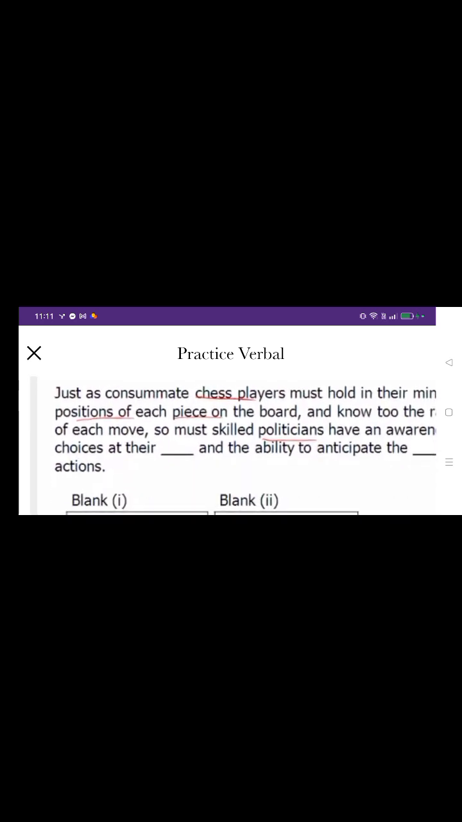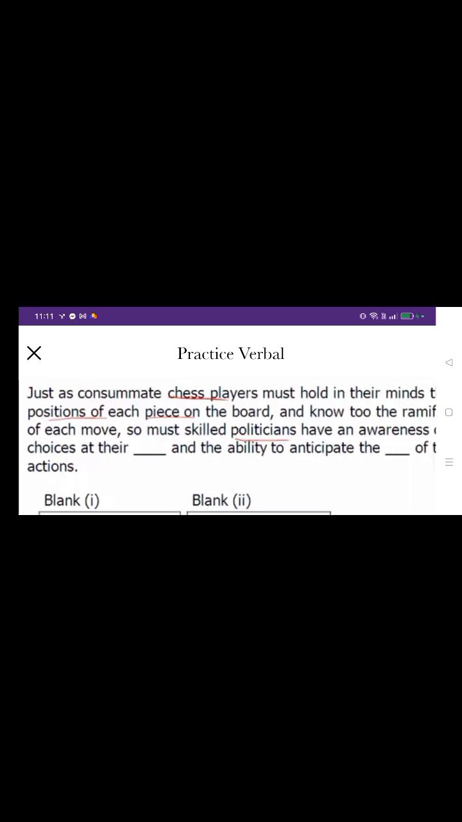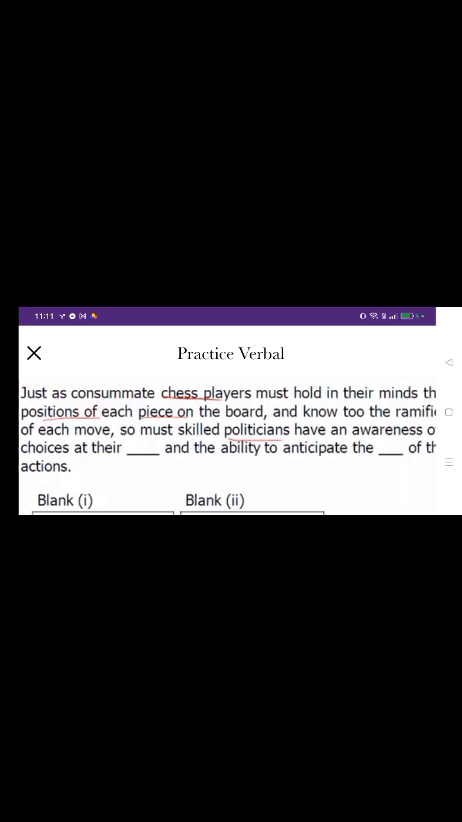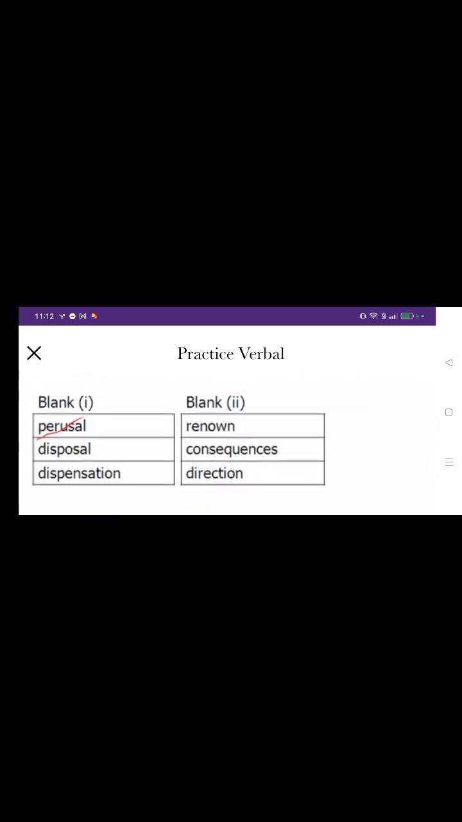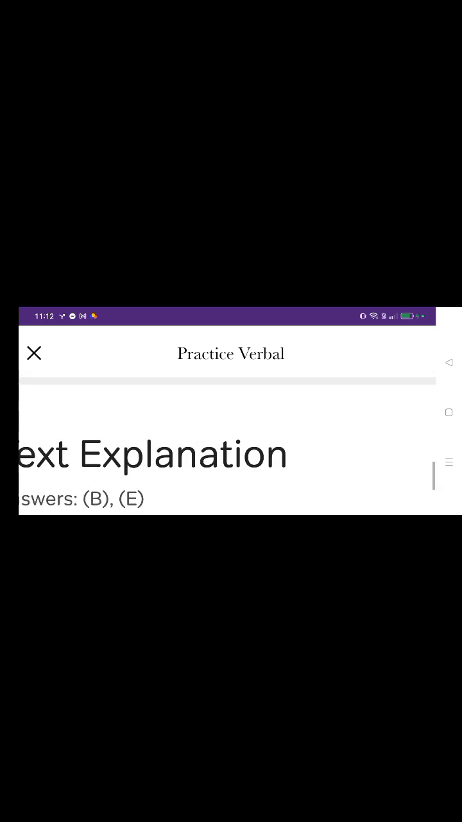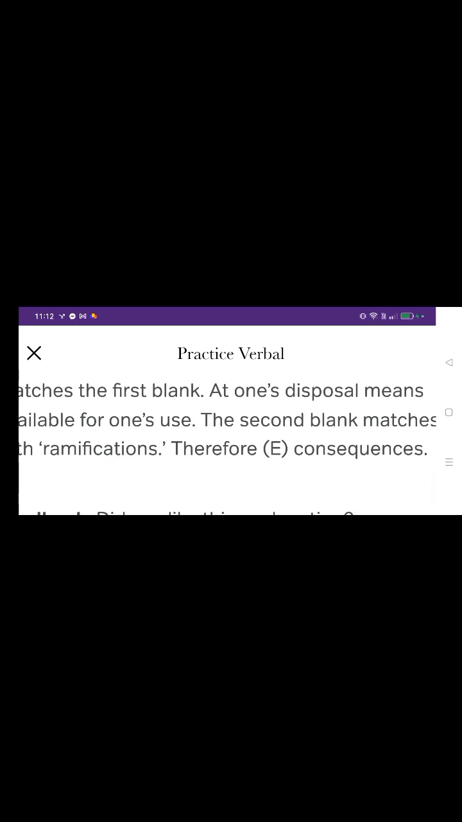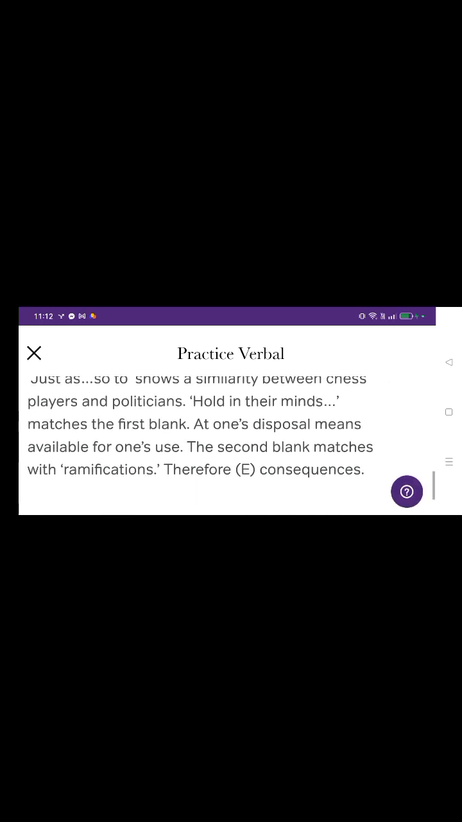So for the first blank, they must be aware of the choices that are at their side, that fall under their control. Perusal means to look over something or read something very thoroughly. So you're not reading your choices thoroughly. If something's at your disposal, it's at your use, just the way that the chess players have to know which pieces they can use, and what directions they can move them. Disposal works out perfectly, so use goes to the first blank. Dispensation means to supply something when you distribute it, or it can also mean that you're exempt